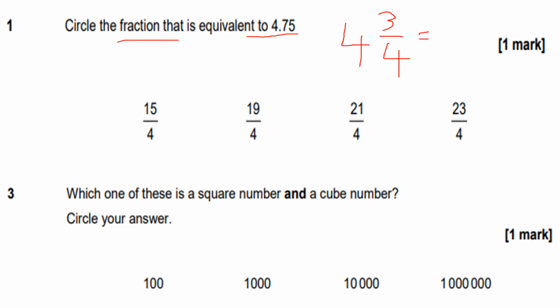It's a whole number plus a proper fraction. Now to change this into an improper fraction, it's going to be out of 4, so out of quarters. I do 4 times 4, which is 16, and then I add the 3 and I get 19. So the fraction that is equivalent to 4.75 is 19/4, which is going to be option number 2. So 19/4. Another way of doing it is recognizing that 4 wholes